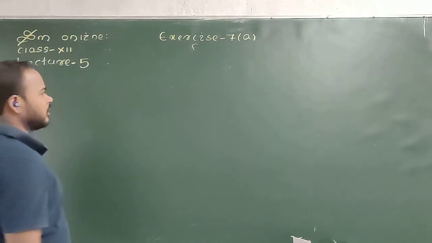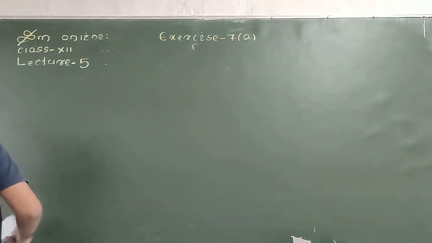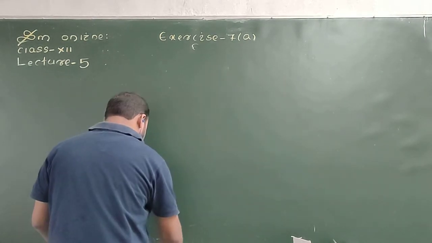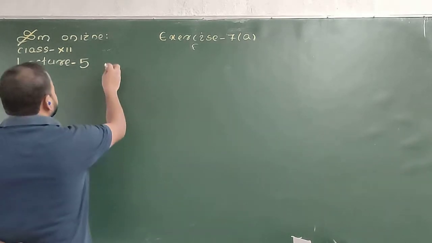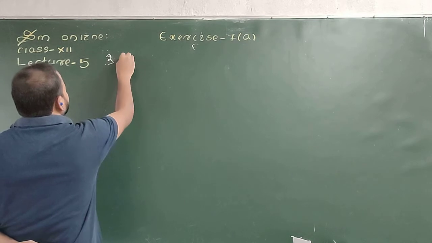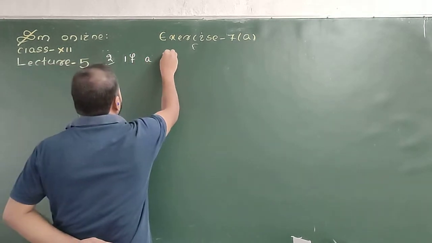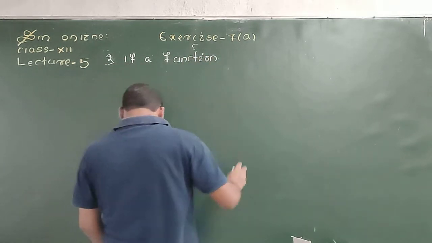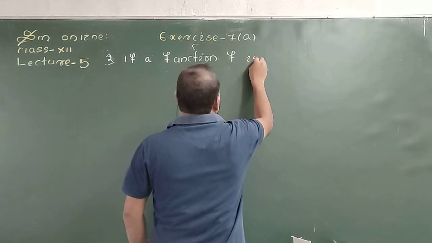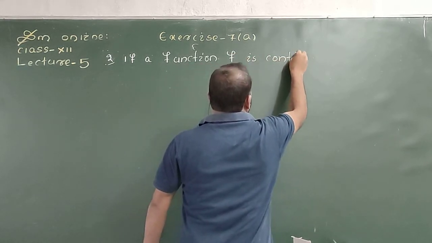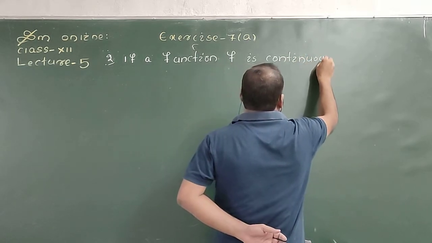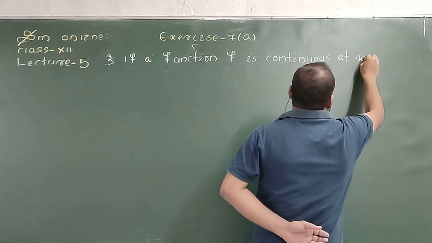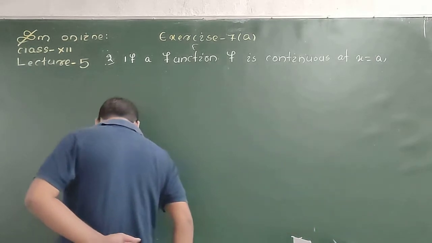Now we discuss from number 2 onwards. Number 2 question: if a function f is continuous at x equal to a, then find